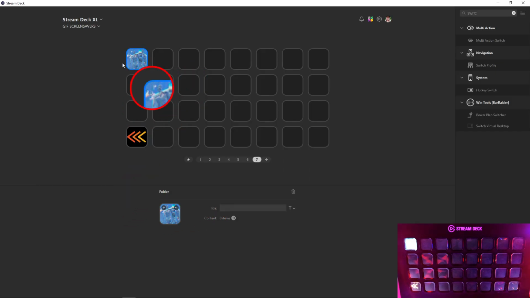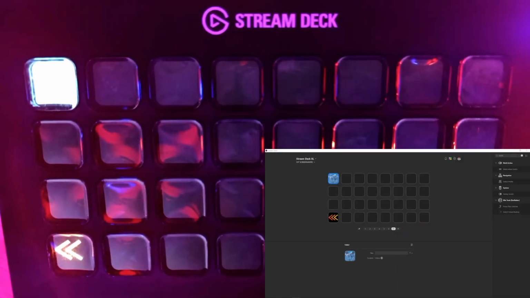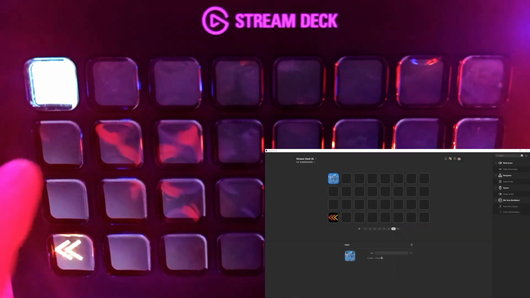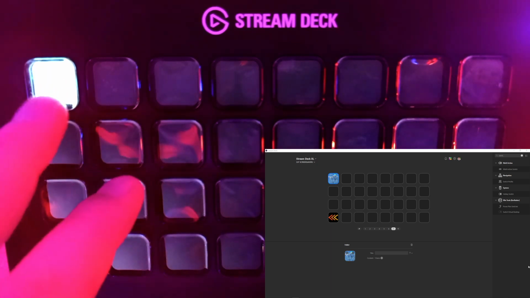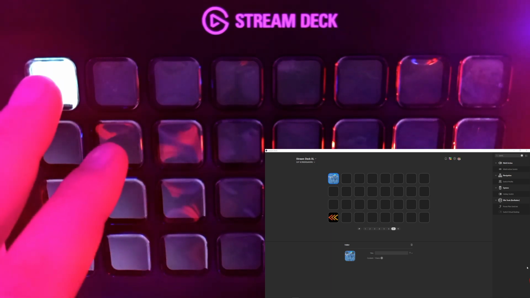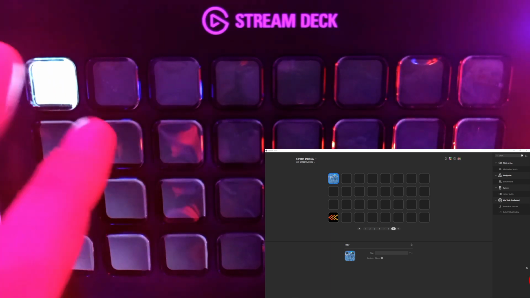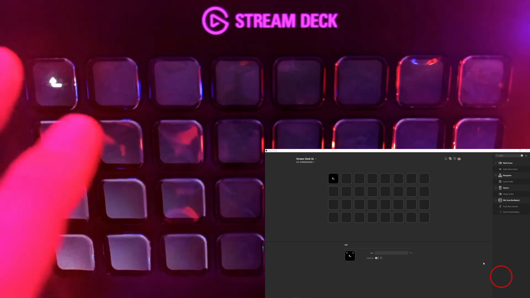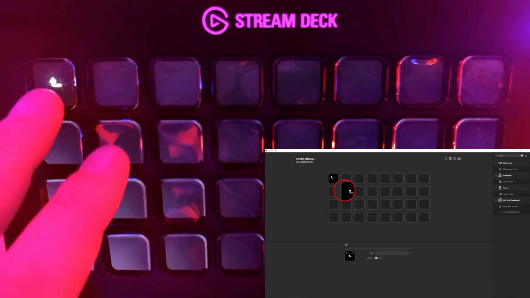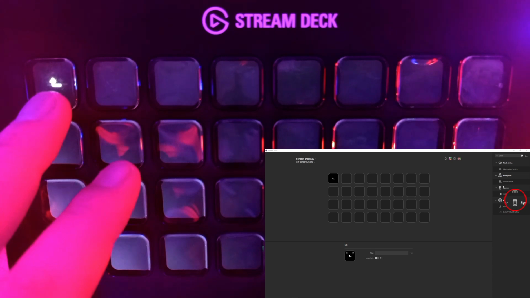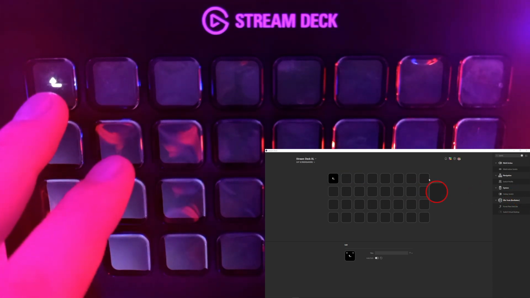We can map that on the Stream Deck, and as you can see, well, it's a bit too bright, but it actually is animating here on the icon. So yeah, we'll press that folder. The first arrow, you don't have to do anything. The rest of